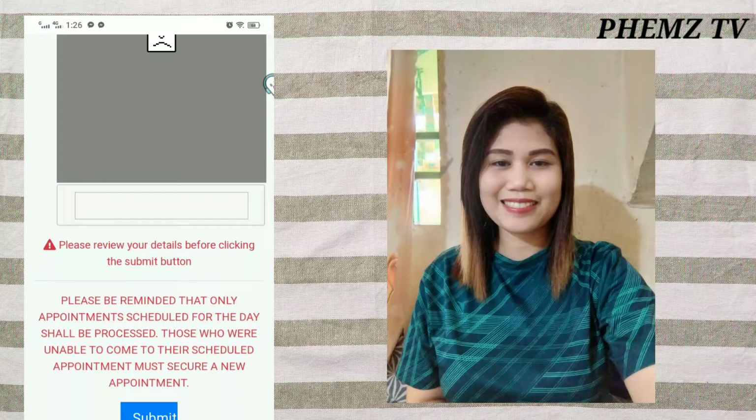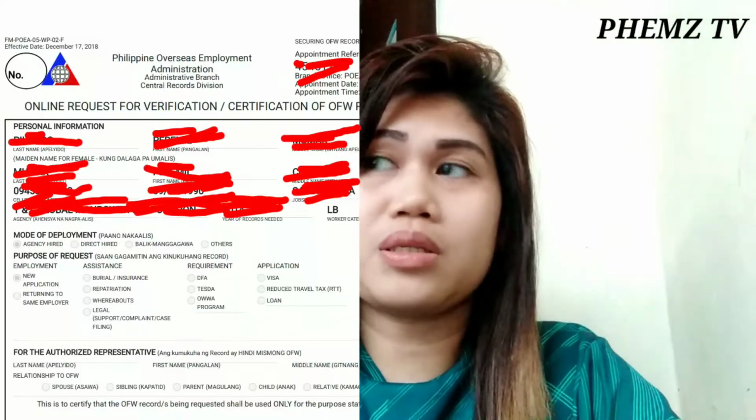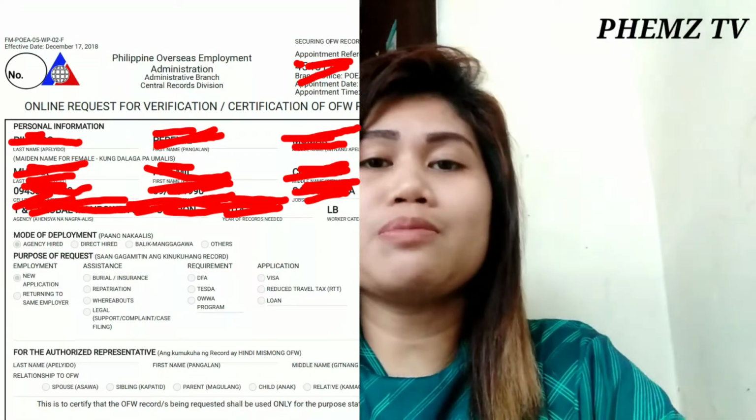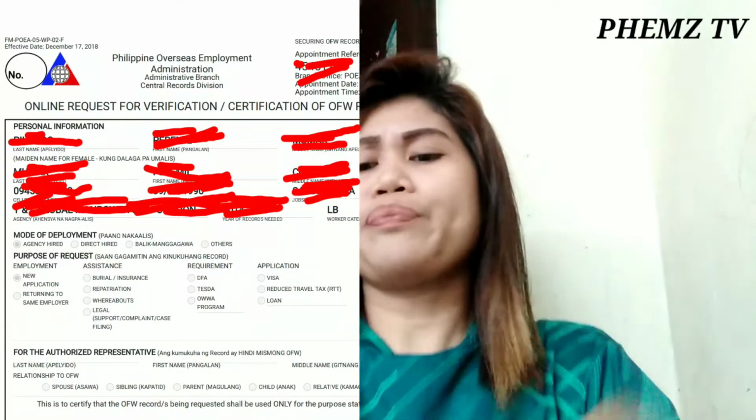Okay, so make sure guys na hindi ka magkamali dito guys kasi isang beses ka lang pwedeng gumawa ng information sheet. Okay guys, after you make an appointment, you have to print. Okay, ipiprint mo lang yun siya guys, and then ipiprint mo siya sa A4 size. Okay, so after you print guys, pupunta ka na sa